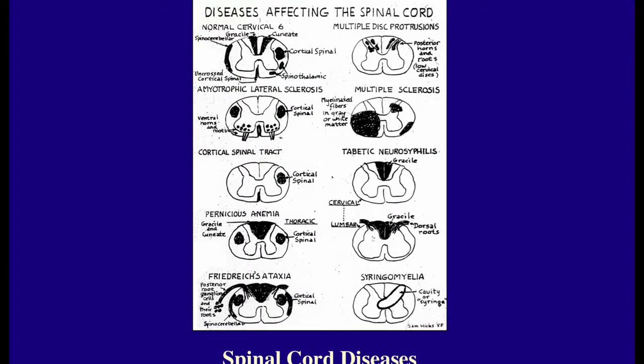So this is a nice diagram of a number of disease processes that affect the spinal cord. We've reviewed two of them. First, we did ALS. Remember, this is a degenerative disorder of both upper and lower motor neurons. Upper motor neuron degeneration results in degeneration of descending tracts that are bundled in the lateral corticospinal tracts. And then lower motor neuron degeneration affects the anterior horn, and the axons from those neurons leave the cord in